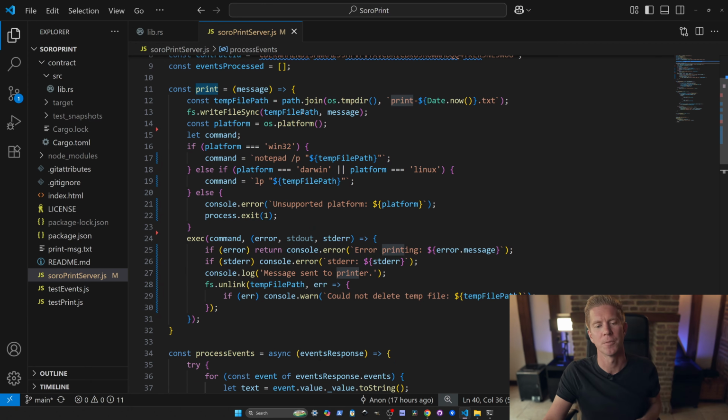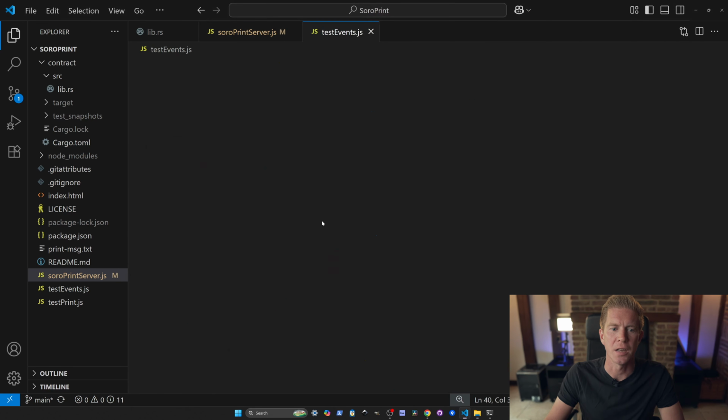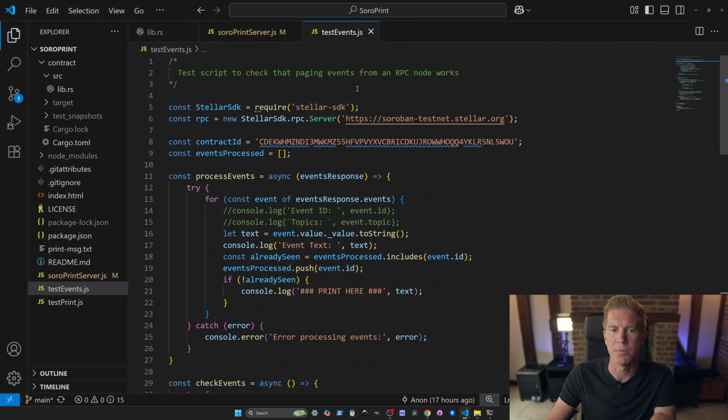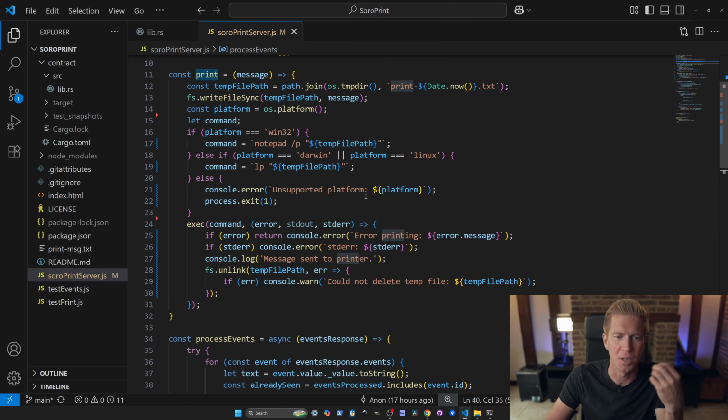function with the message. When I was testing this, I separated it up into different tasks. I created one script to test the events, to check I could get events coming through from the smart contract. And I also tested the printing. I did that to make sure every part works before I put it together into this disastrous idea for a